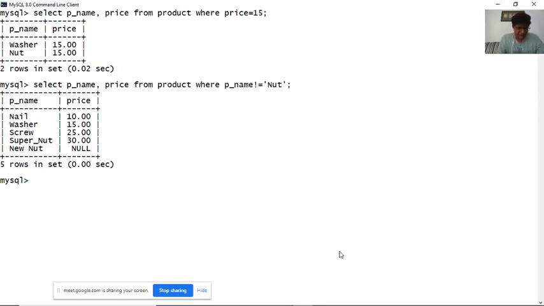Look at this: select star from product where launch date is greater than or equal to